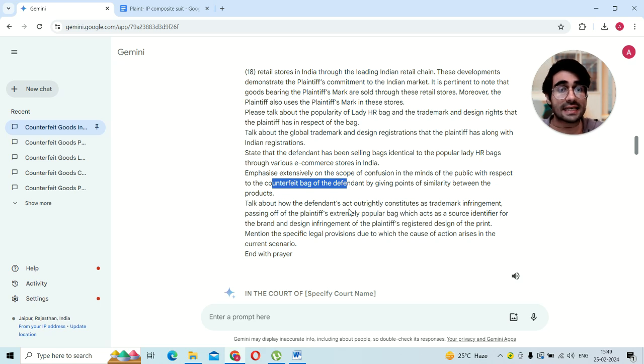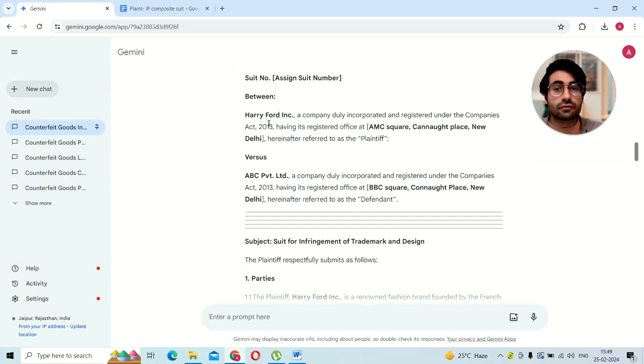Talk about how the defendant's act outrightly constitutes trademark infringement. Passing off of the plaintiff's extremely popular bag, which acts as a source identifier, thereby invoking passing off. And design infringement, right? Design infringement is something that we can only claim when the design is registered, right? So we have already talked about the fact that this is a registered design, that too in India, right? So on the basis of these